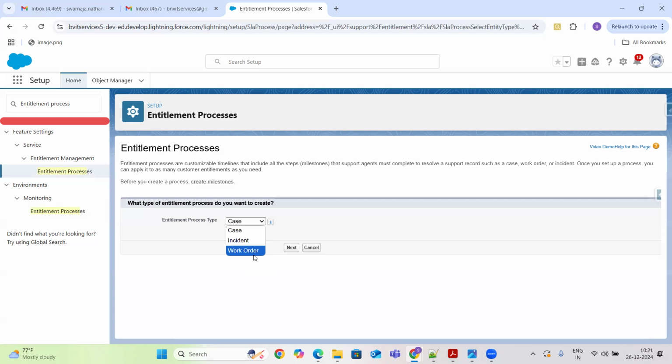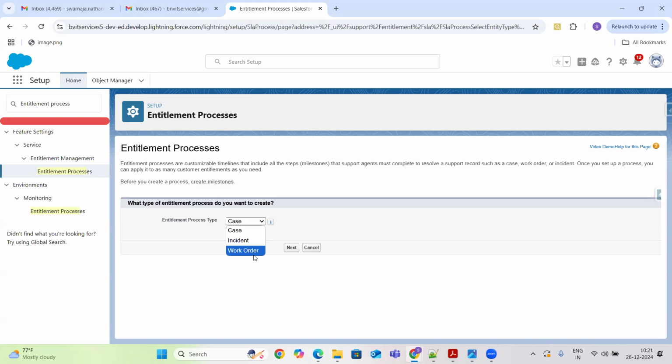Incidents generally we will not use, guys, because cases and incidents are almost the same. In real scenarios, we always use cases only. Work order is used sometimes, after a case gets created and assigned to the agents. Not in all projects do we use work orders, but in all projects we use cases. That is common, but some projects use work orders also.